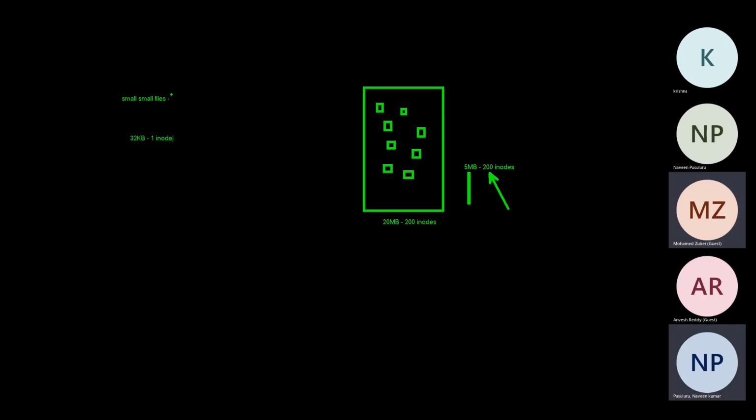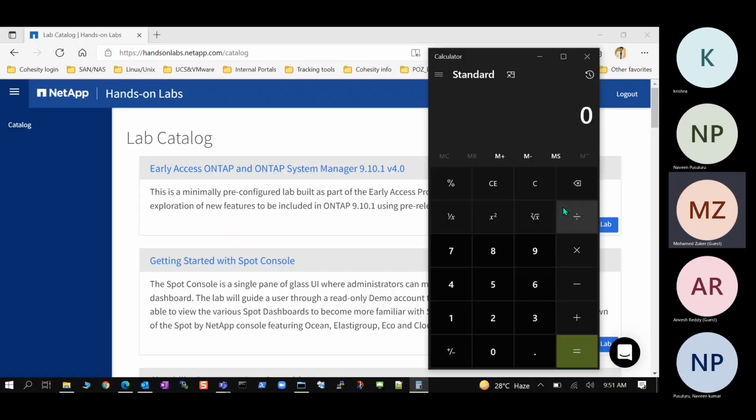This is the value, right? But you can go up to one inode per 4 KB. This is the least you can go. That means, earlier I told you for a 10 GB volume,